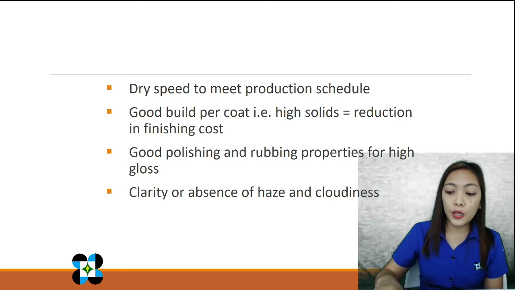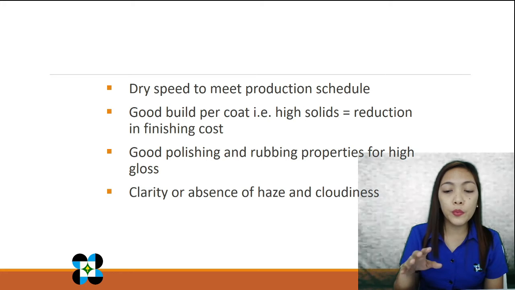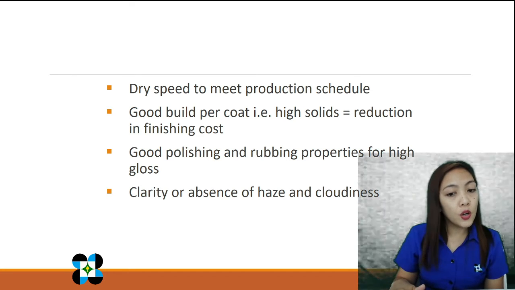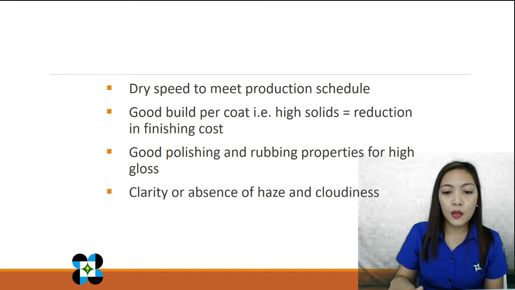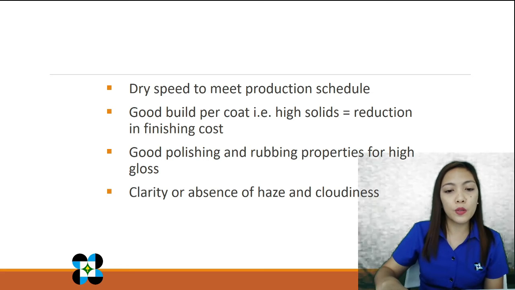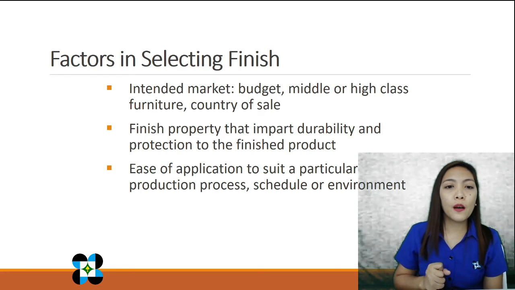But then as mentioned earlier, merong mga top coat na pwede mo pa siyang i-rub to increase yung level ng sheen or ng gloss. Clarity or absence of haze and cloudiness. So, though itong portion na ito, sa ngayon ay pwede na natin siyang i-correct by using some materials. Factors,